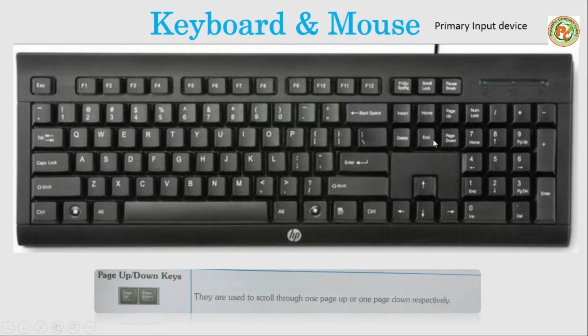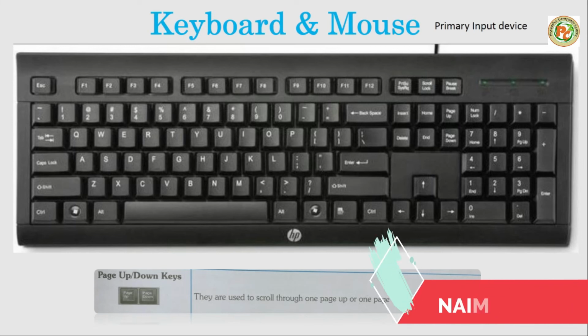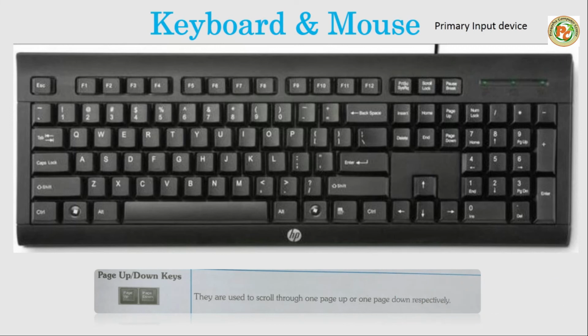Page up or down: here we can see page up and page down to scroll. Sometimes your mouse scroll bar is not working, then at that time we can use page up or page down. And secondly, if you are scrolling through 100 pages and want to read one by one, then you can click on page up for the upside and page down for the downside respectively.